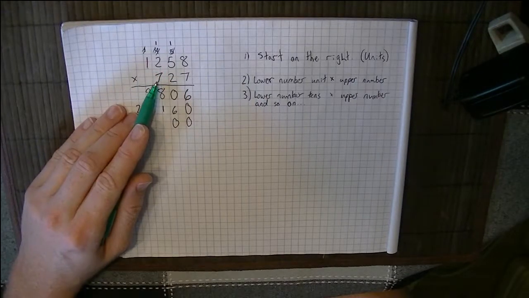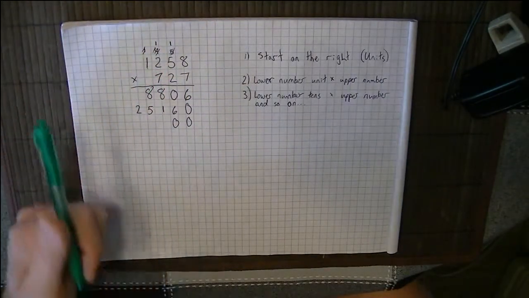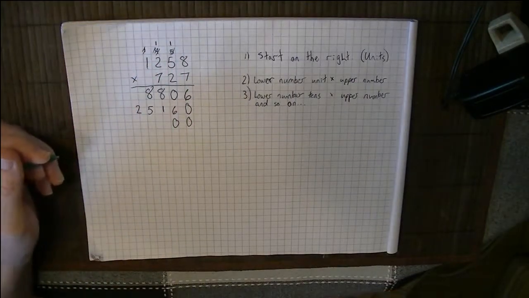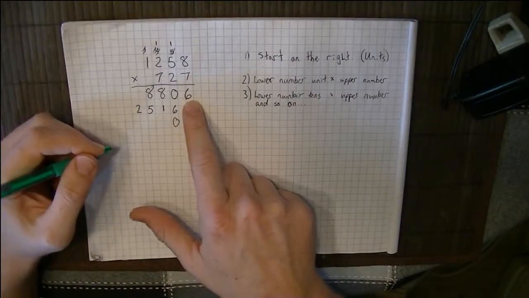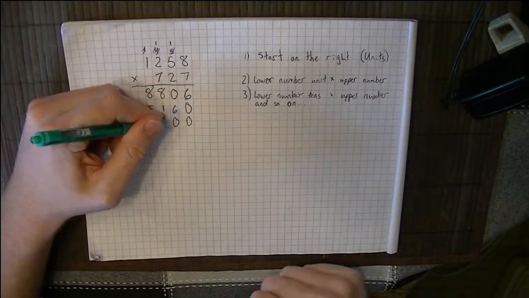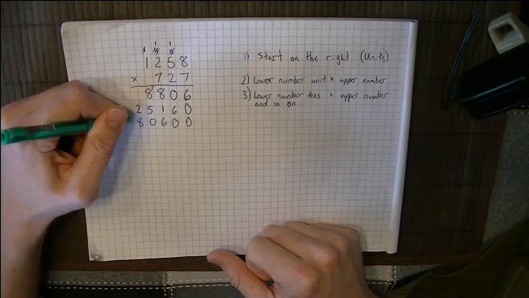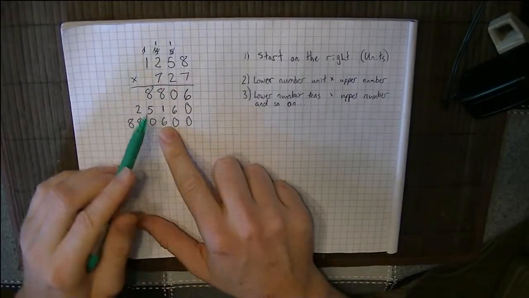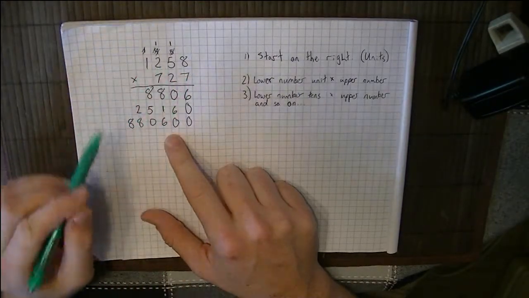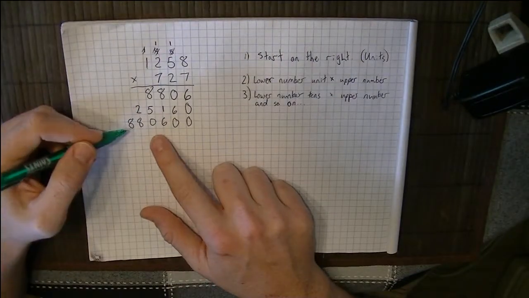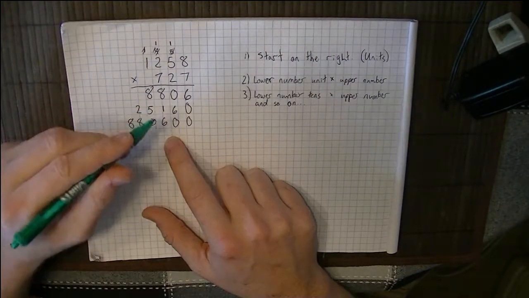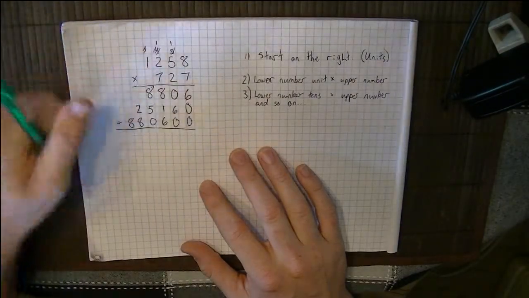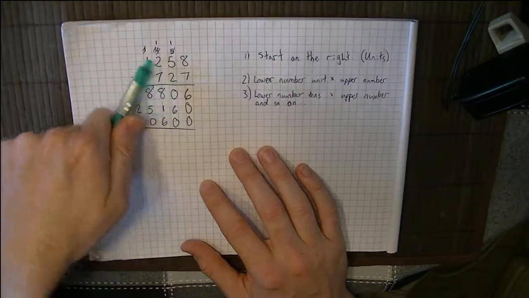I've already multiplied 1,258 by 7 before. So sometimes we get lucky and we can say, hey, I already know what this number is going to be. It's going to be 6088 in reverse order, so 6088 like that. So that means that 700 times 1,258 is, let's see, 880,600. Okay, cool. So now what I've got here, I've got 700 times the number, 20 times the number, and